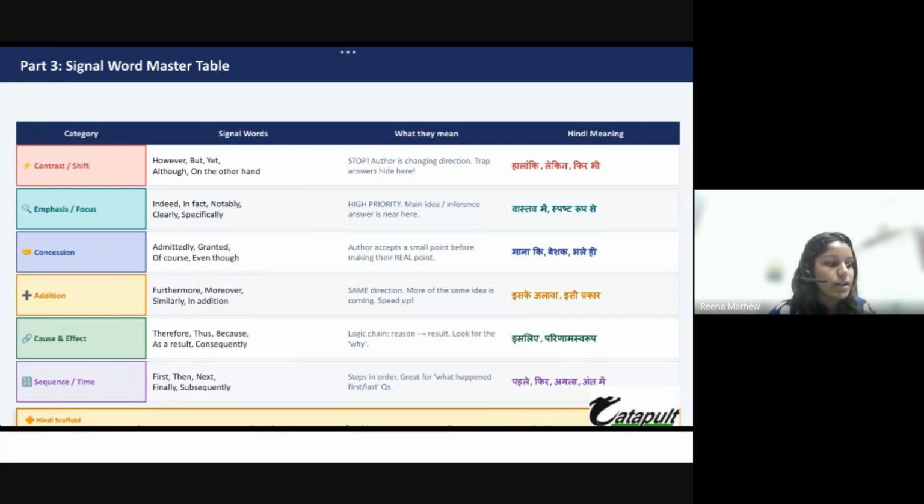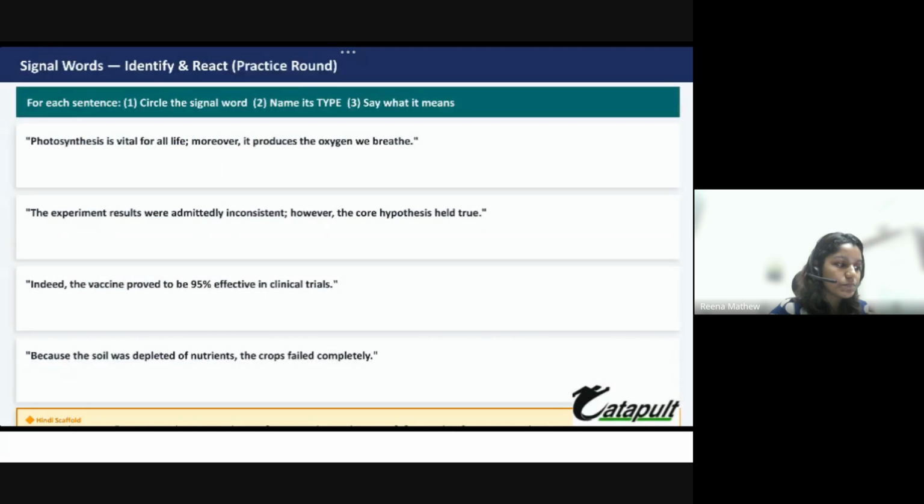Then we have cause and effect. Logic, we have already learned this. Therefore, and as a result. Words like consequently, because, as a result. These words show logic. And then for sequence, we have words like first, then, next, finally. So these are sequence words. When I am giving you a step by step, like when I explained the water cycle process in steps, you can use these words for that.